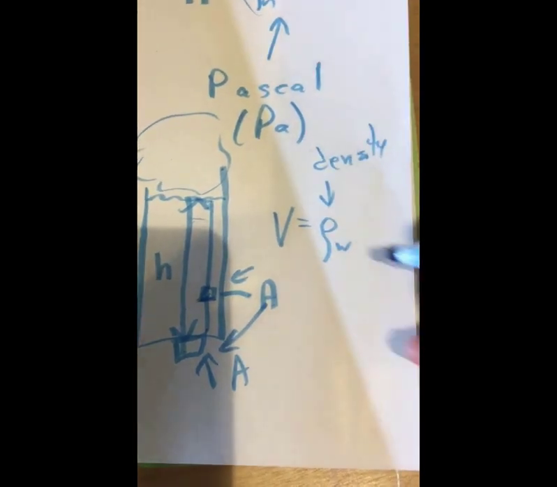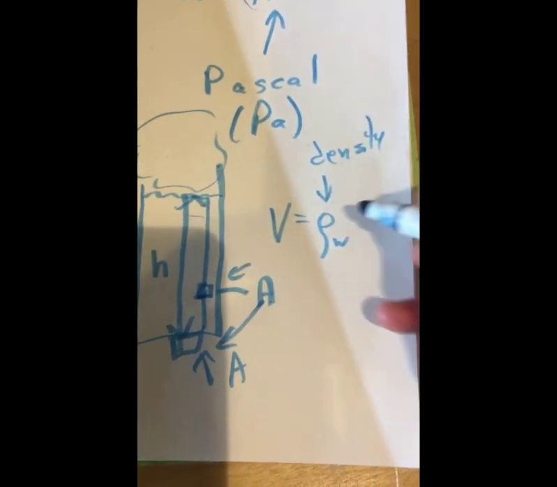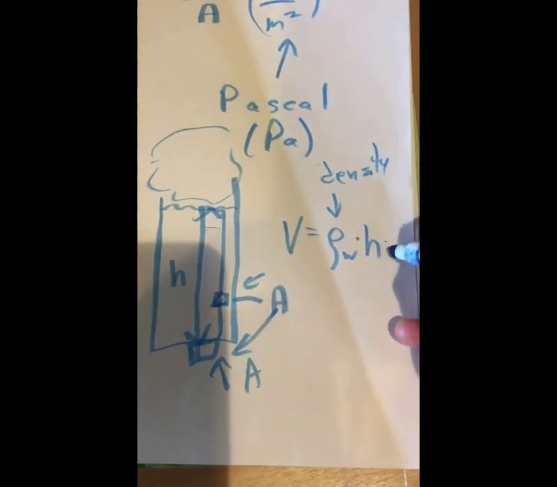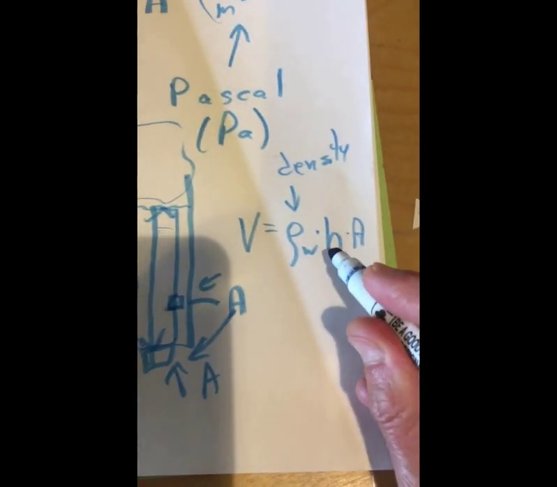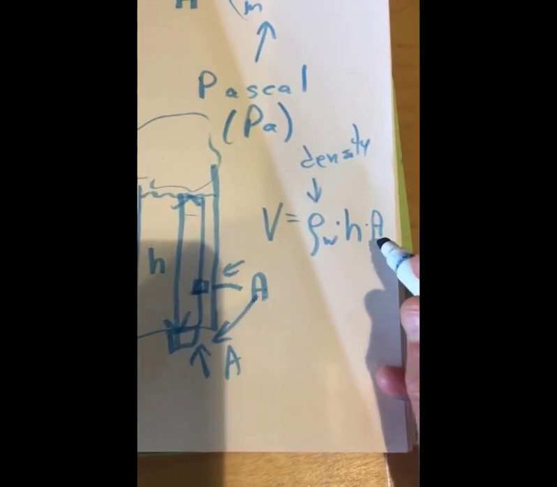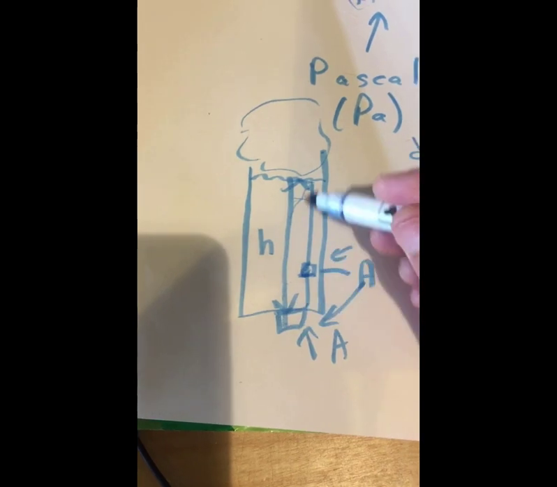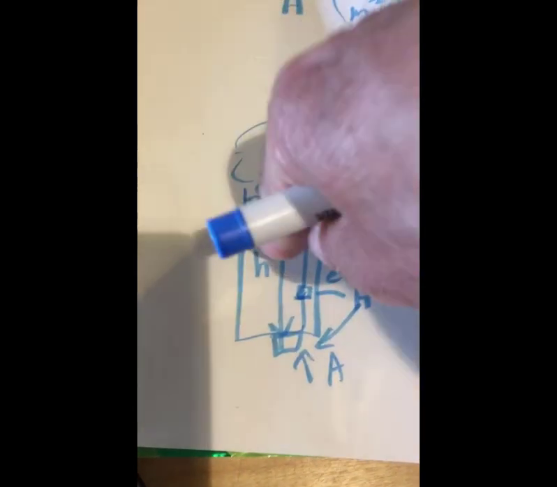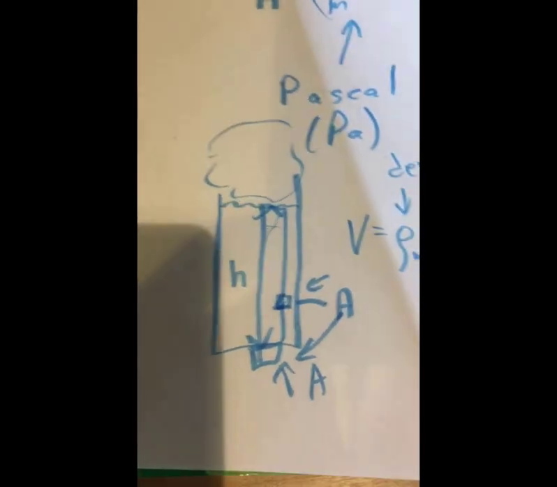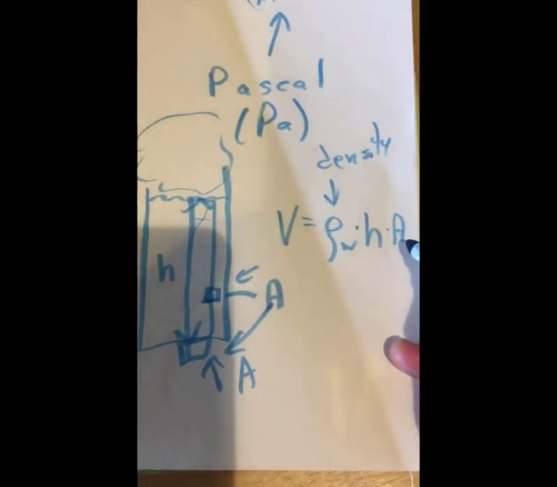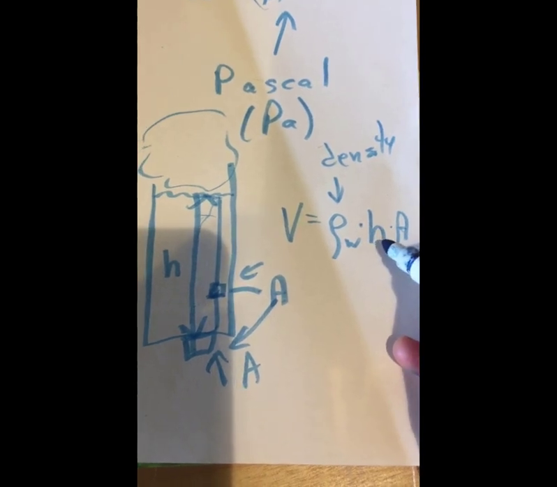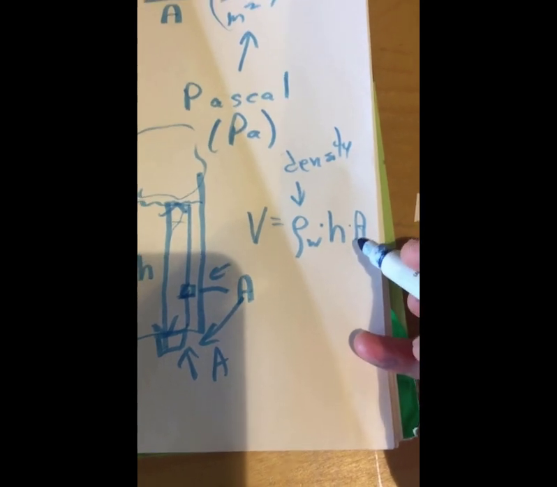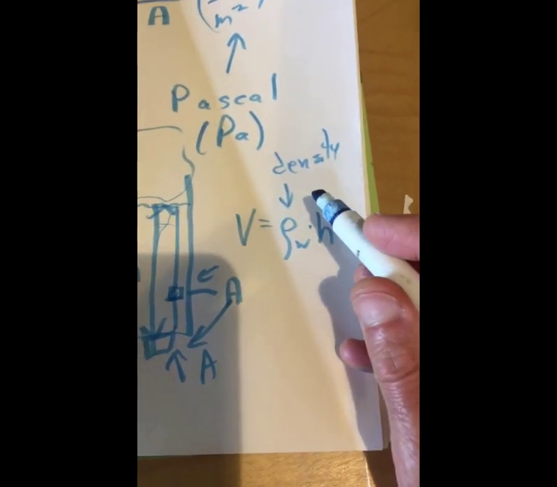And it's the density of water. So I'll put a little W there so you know it's the density of water, times the depth, times the area. Note that that is the volume. The depth times the area is going to be the volume of this region here, because it's a three-dimensional region. You're only seeing it in 2D here, but it actually has some thickness that way to it, and the area gets at that. So the area is in square meters, the depth is in meters, so that's cubic meters, which is a volume. Density times volume is going to give you mass,